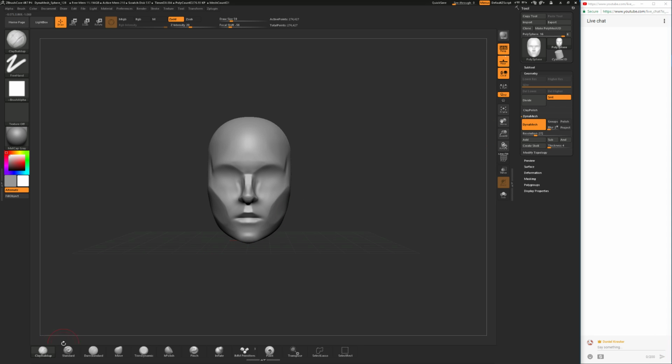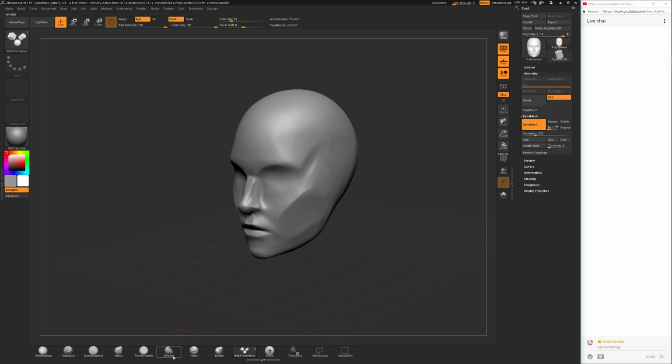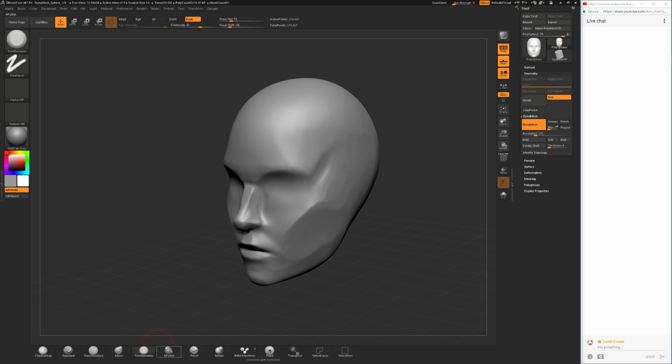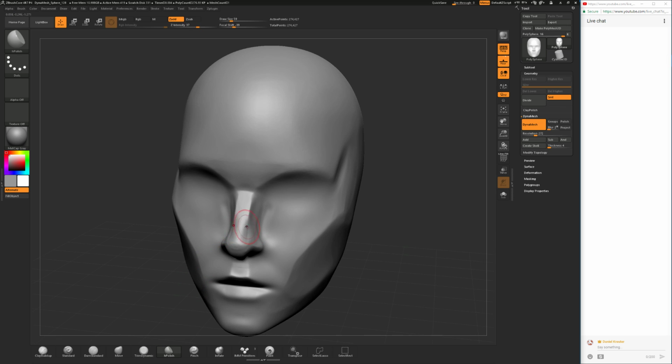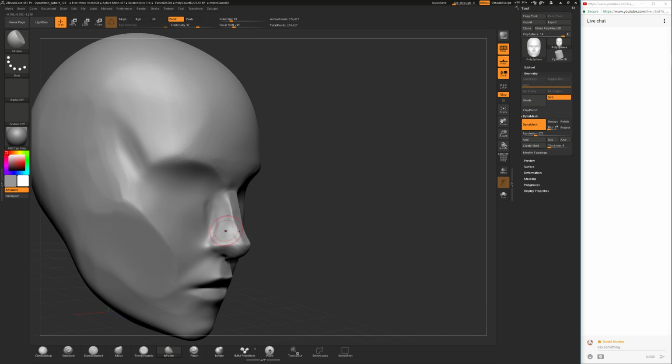So, a bit of an unusual time for me to stream, but right now I was about to sculpt something. I was in the middle of sculpting something and I thought, why not share it? So feel free to join me on this little sculpt practice here for this week's stream, and if you have any questions, just use the chat and write whatever you want.